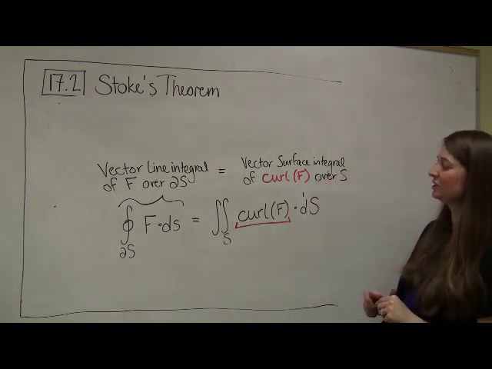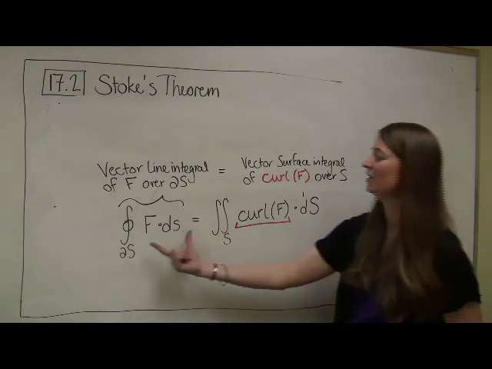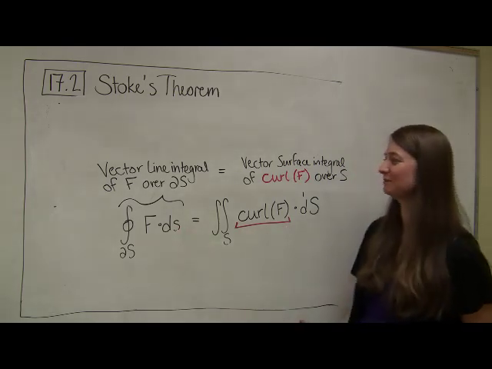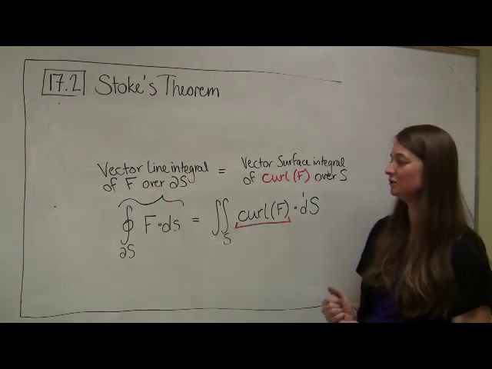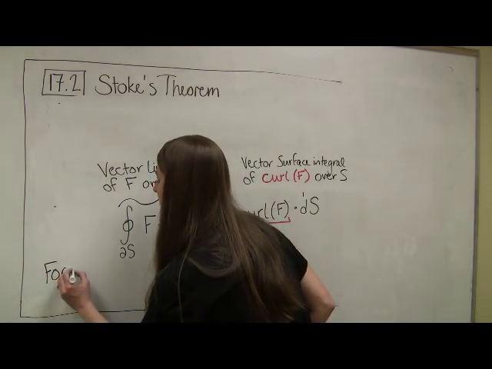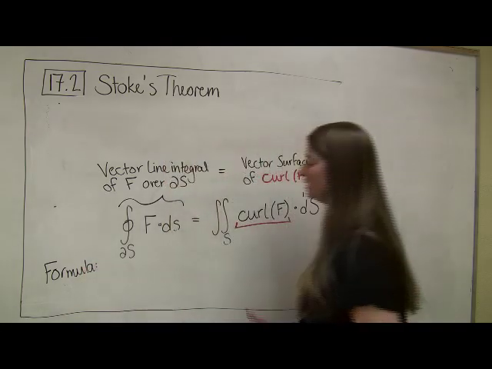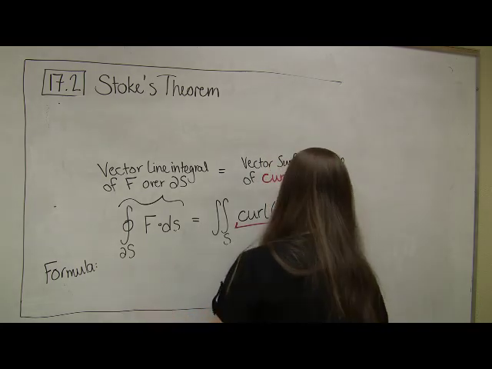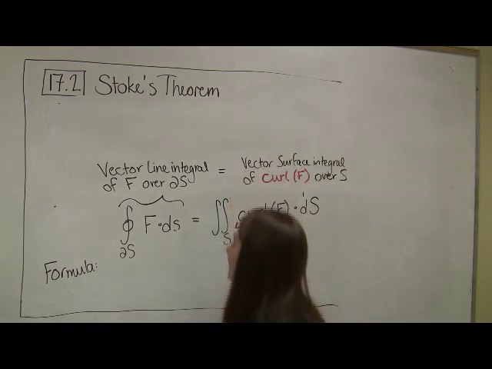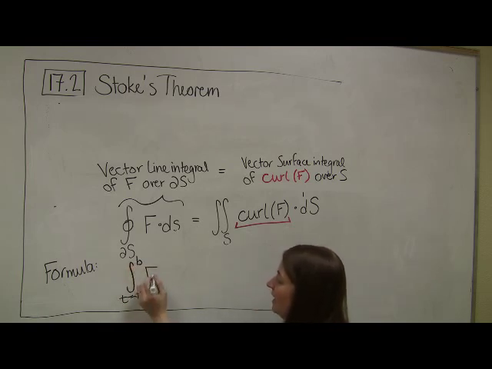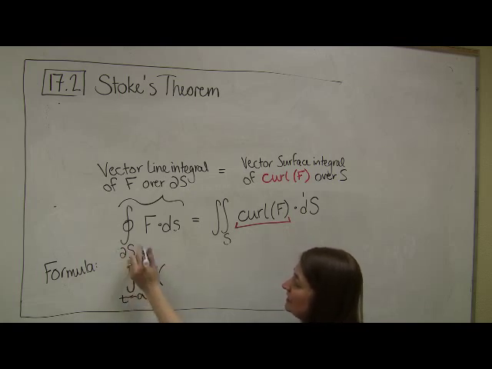So I've already mentioned it. No, before I mention that, so these are the notations. This is our generic way of talking about it, but this isn't actually how we compute it. So let's recall, how do we compute vector line integrals? These are our formulas. When actually computing this, we need some pieces to be able to compute it. We're going to parameterize our boundary as a function of t, and so typically we're going to call this an integral as t goes from a to b of F of,